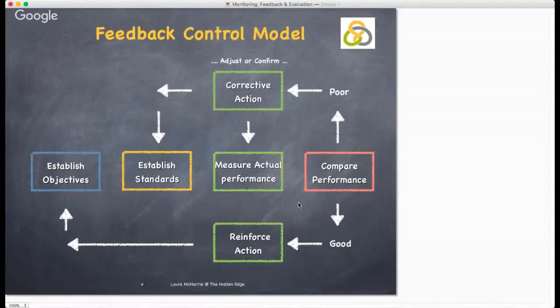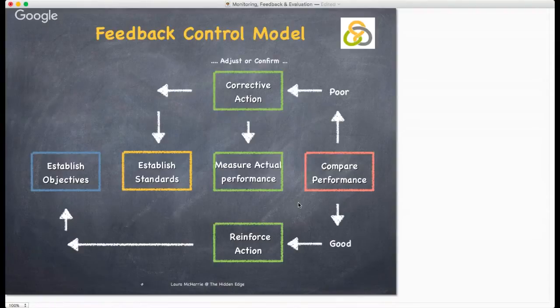This is the feedback control model. All well-designed control systems involve the use of feedback to determine whether performance meets established standards. Managers set up control systems that consist of these 4 key steps as illustrated here. Establish the strategic goals. Establish the standards. Measure the performance. Compare the performance to the standards, and if they're good, then take reinforcement action and consider future